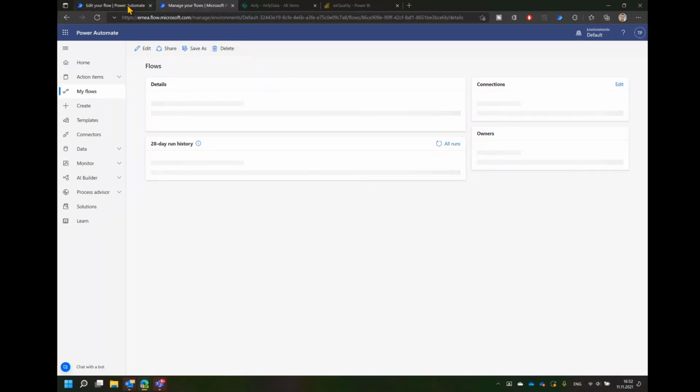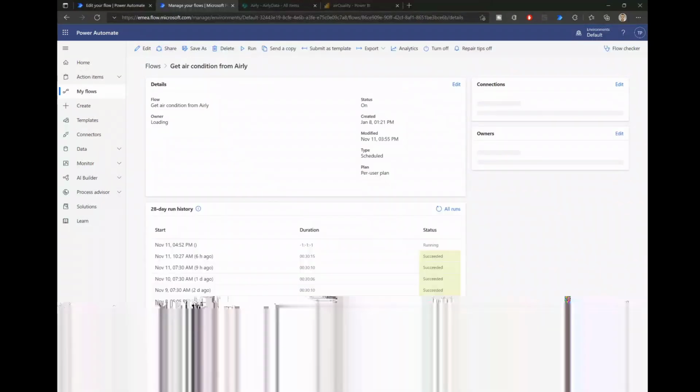Okay, it seems that. So in just a moment, the bulb should really turn on to the color that actually corresponds to the current air quality. So it's a little bit yellowish. I don't know if you can see that. And then once I navigate to Power BI, it takes around a minute and a half to refresh the data set. So I won't see the results